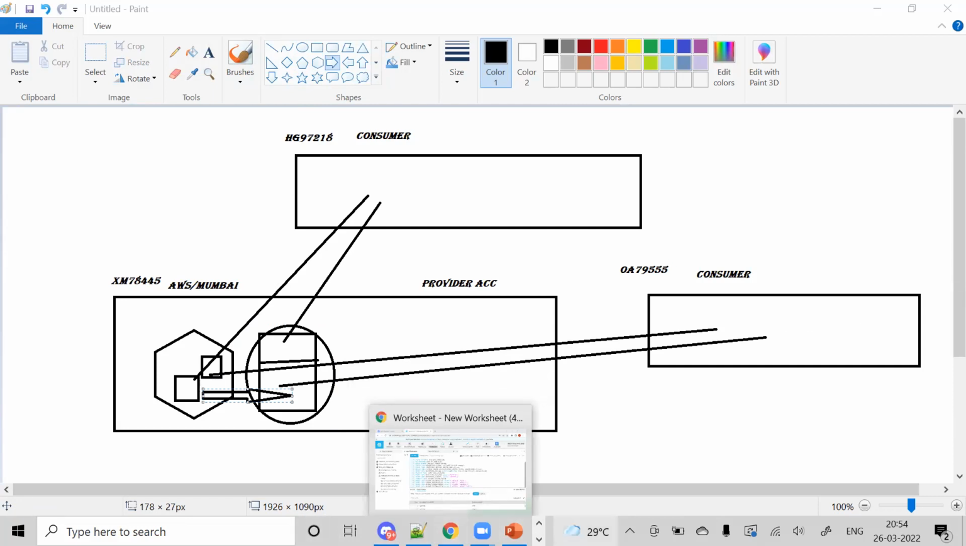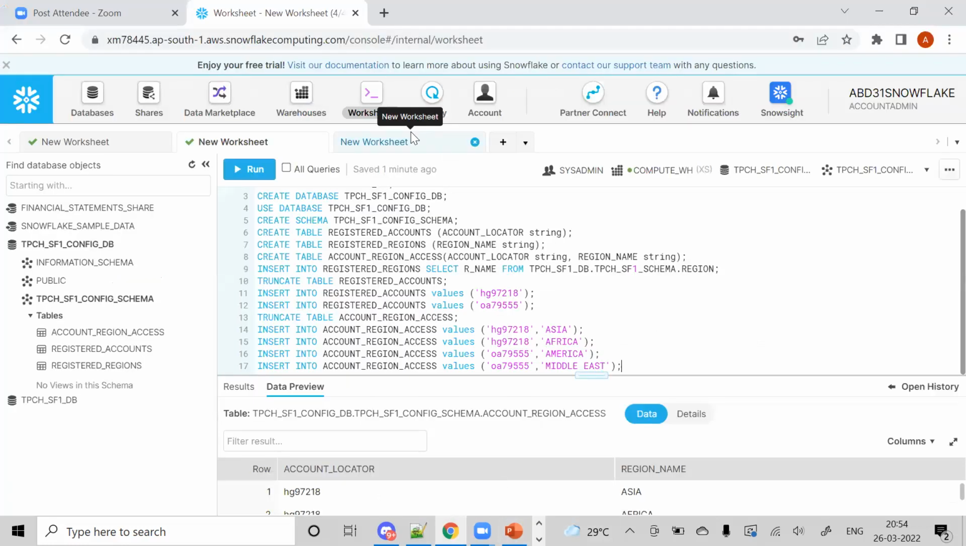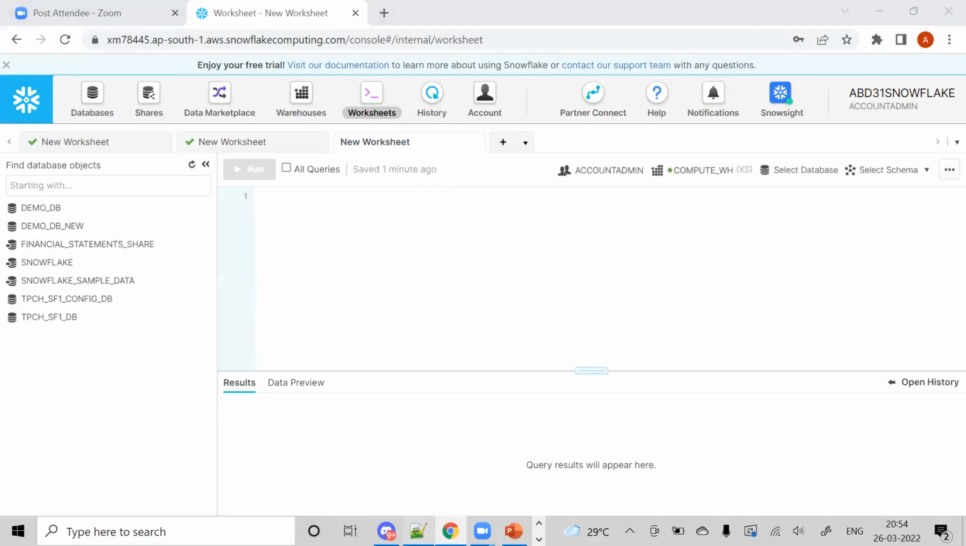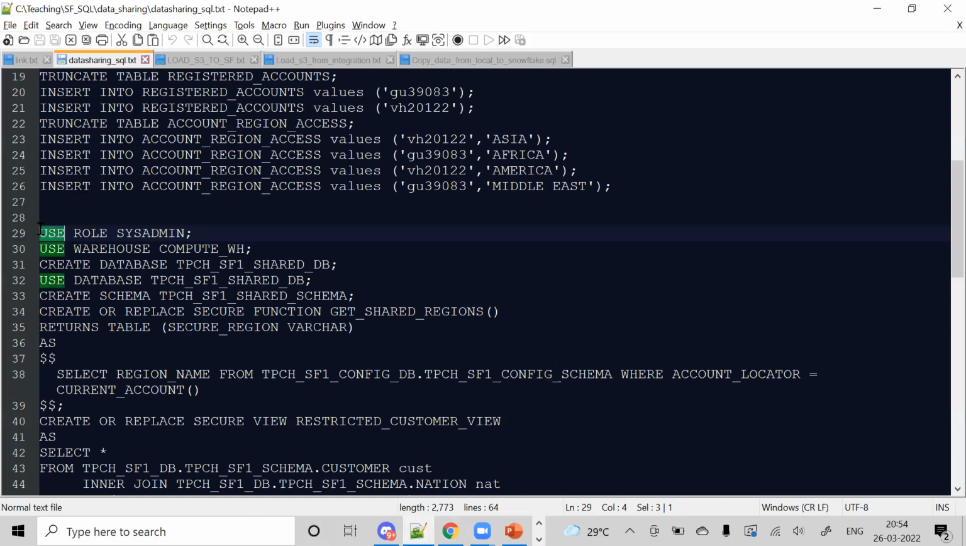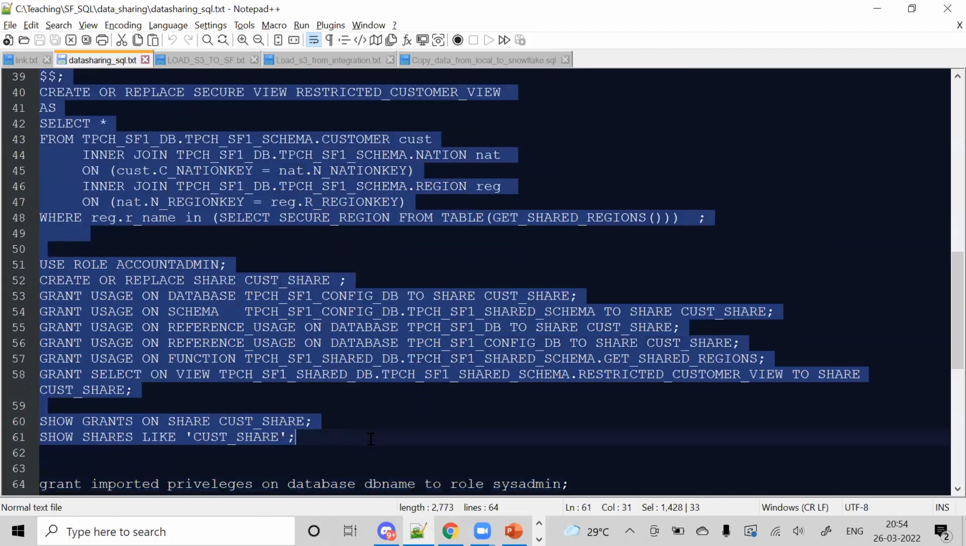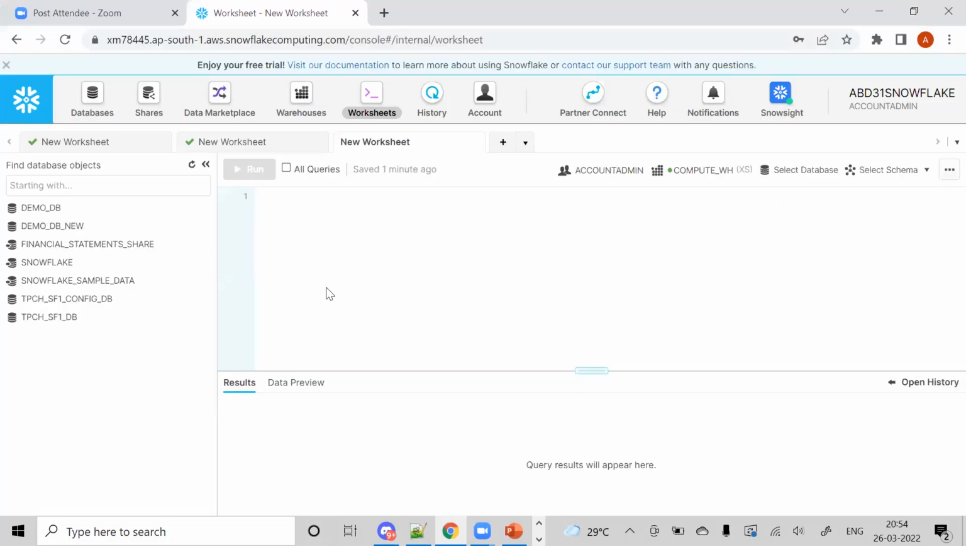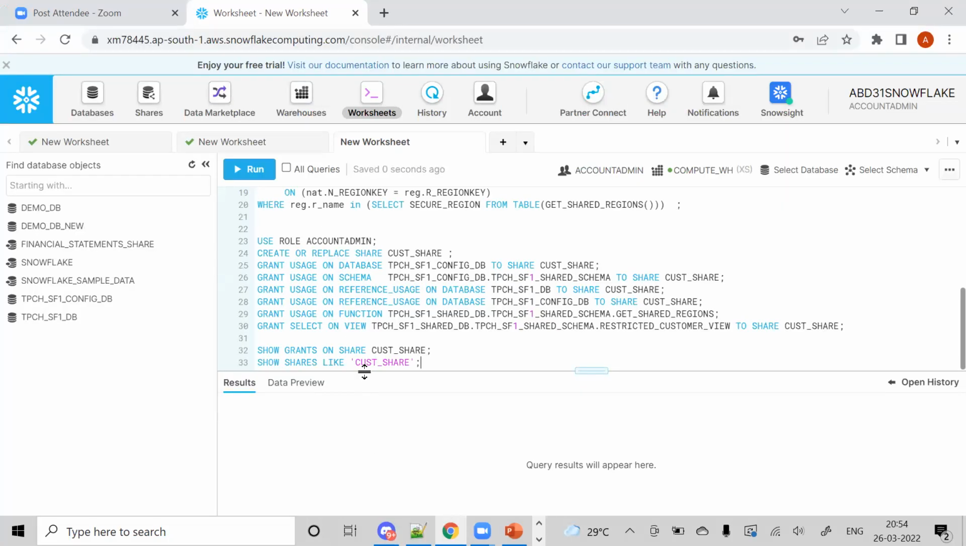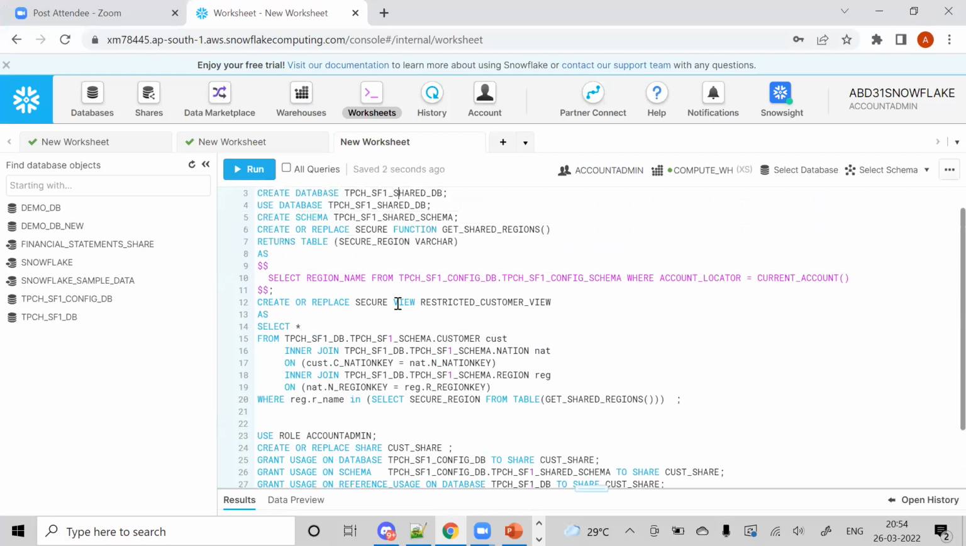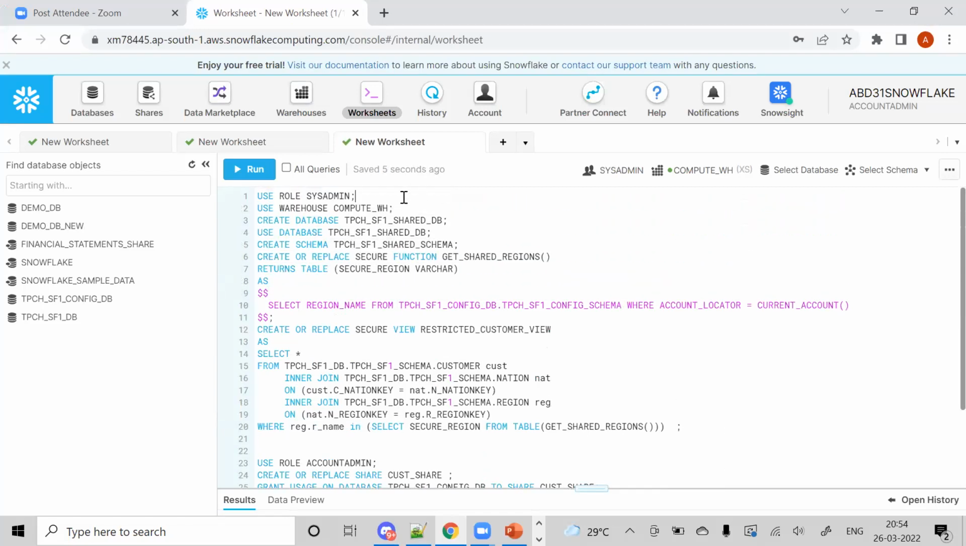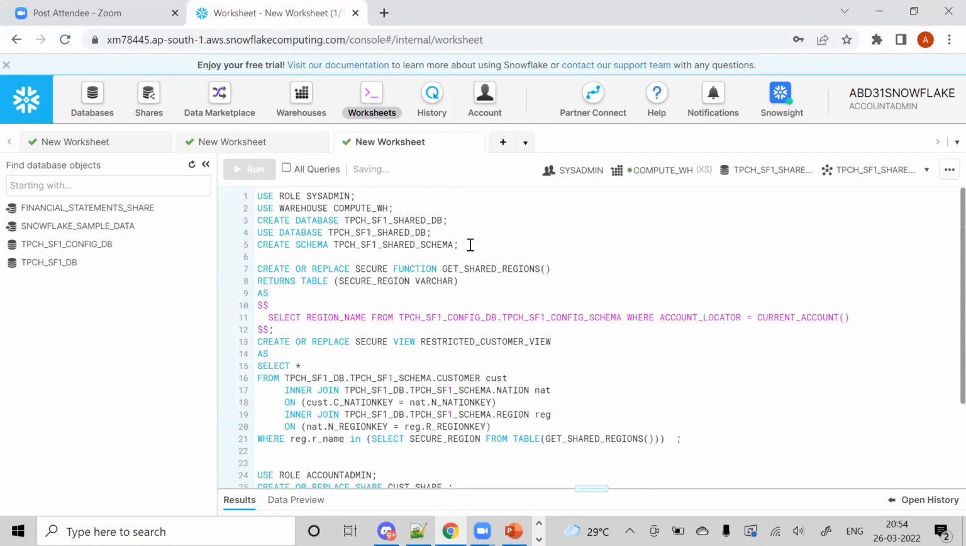Okay. Let me go to the third part of the script. Using this role, sysadmin, we complete with us creating a shared database, changing the context and creating the schema. Okay, see, here we are creating a function, guys. This is how you create a